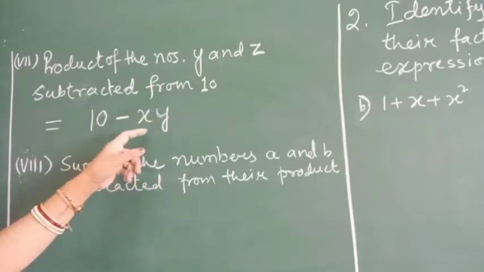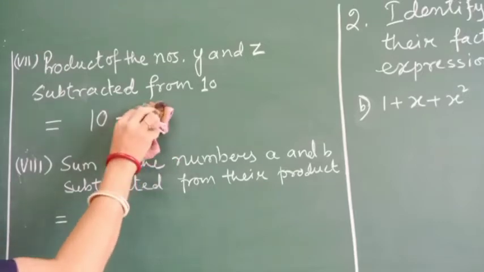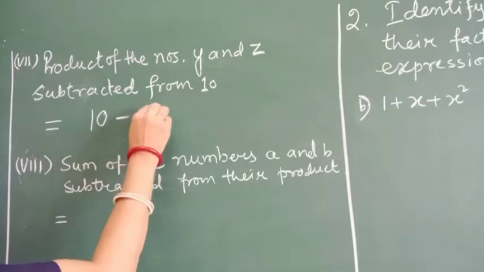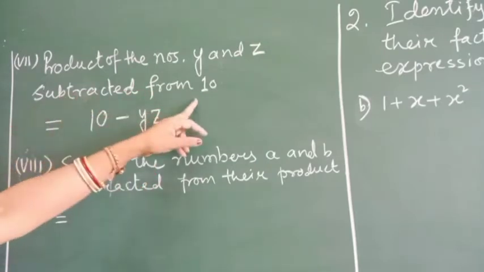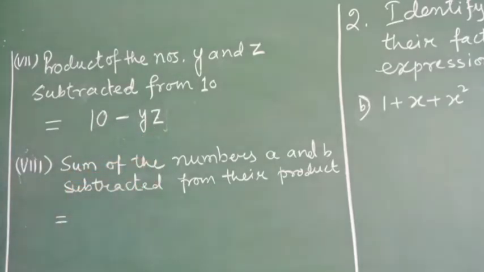Product of the numbers, sorry, not x and y, it is y and z. Product of the numbers y and z, yz. You need to subtract it from 10. So 10 minus yz. Understood? Next question is